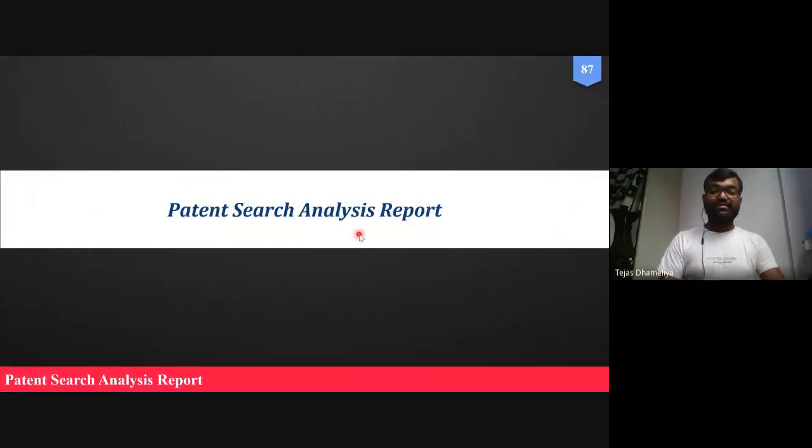If you want to prepare this patent search analysis report, we need to study patent search. What is called patent search? How can it be done? In today's lecture, I have only tried to introduce you to the meaning of patent search and how it can be done, through which resources, which are free and which are paid databases.